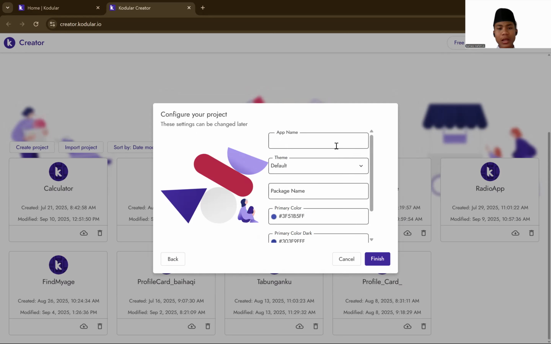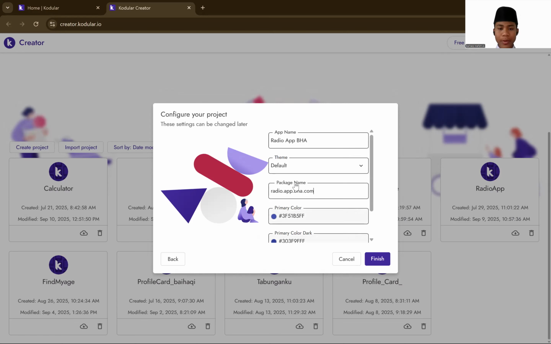Then the package name is radio.app.pha.com.